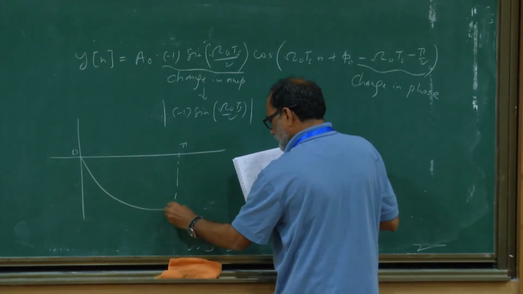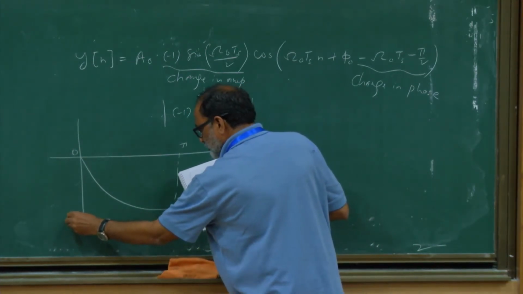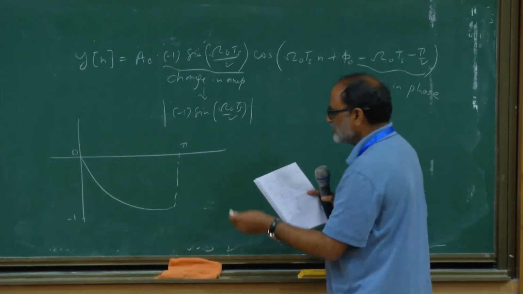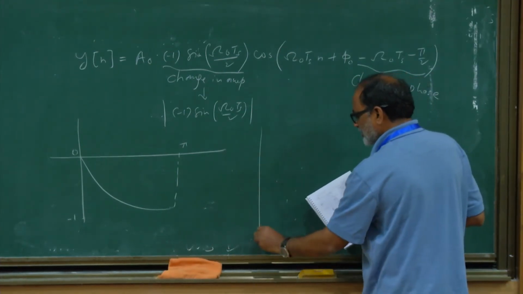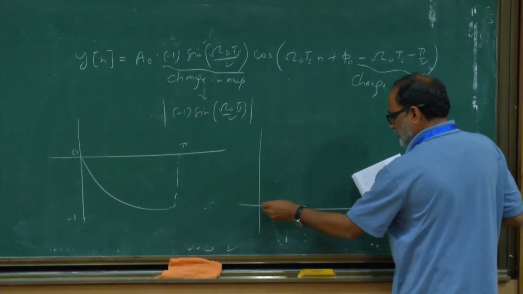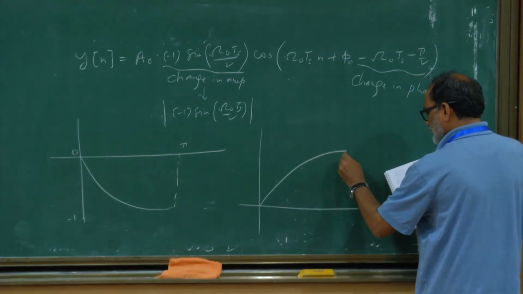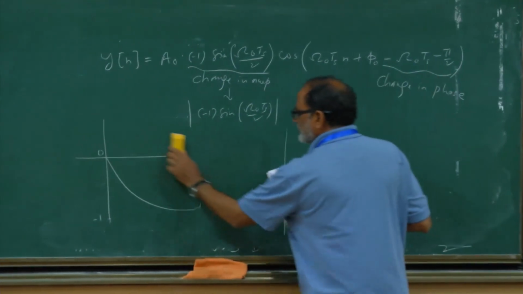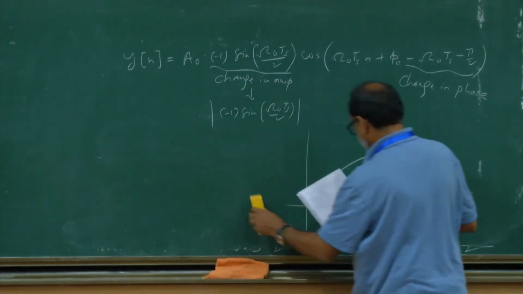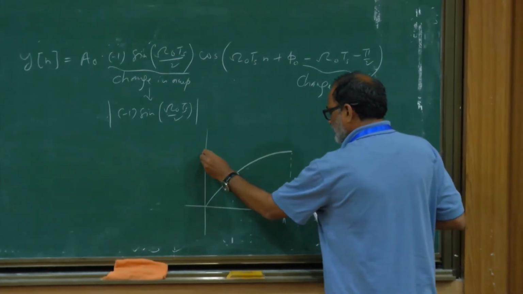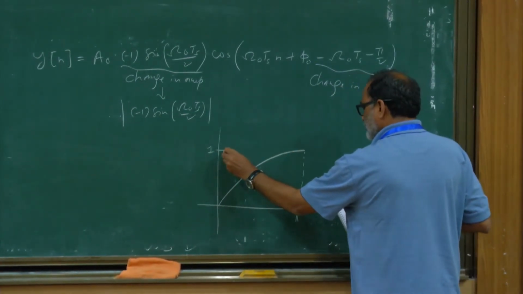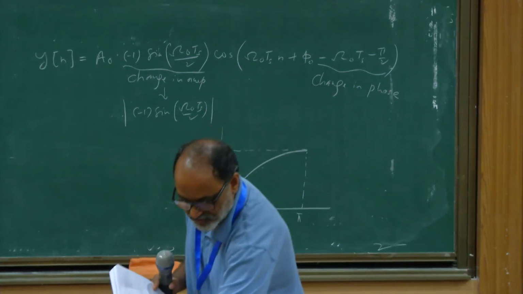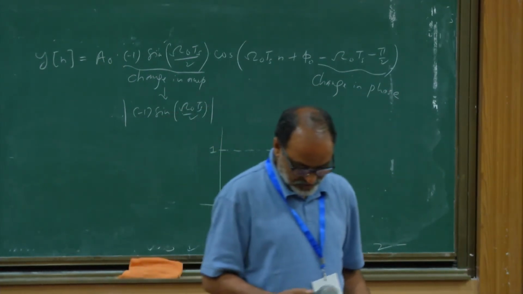So it will move like this. Now, would you like to improve upon that? Since it's an amplitude, it must be non-negative. So yes, it will go upside. Very correct. How many of you got this? How many of you don't understand some step here? Is there some step you didn't understand? Everybody understood this? Very good.